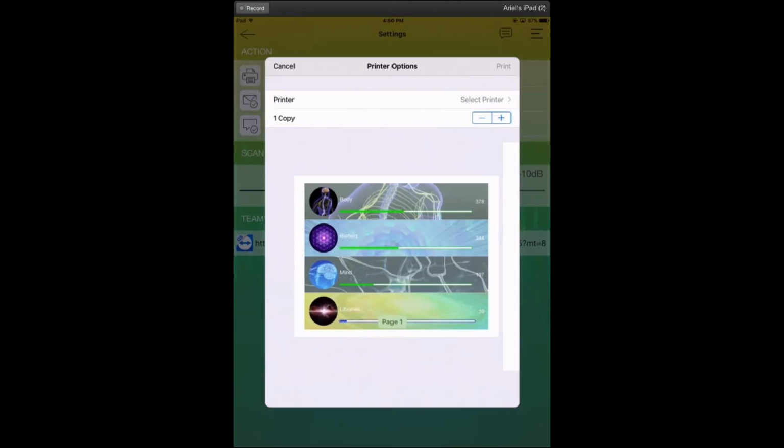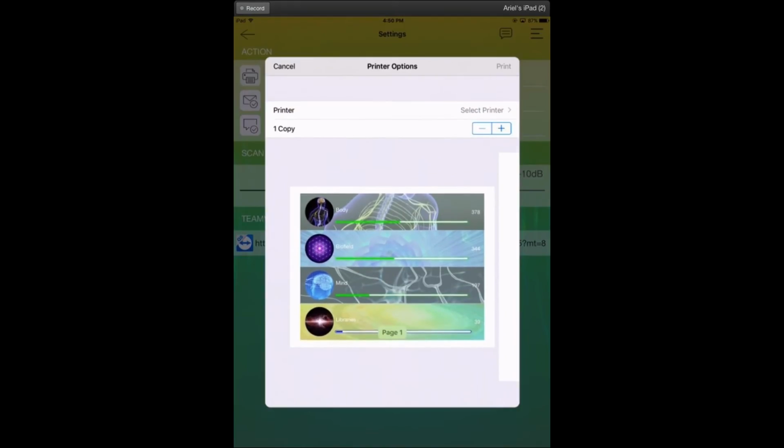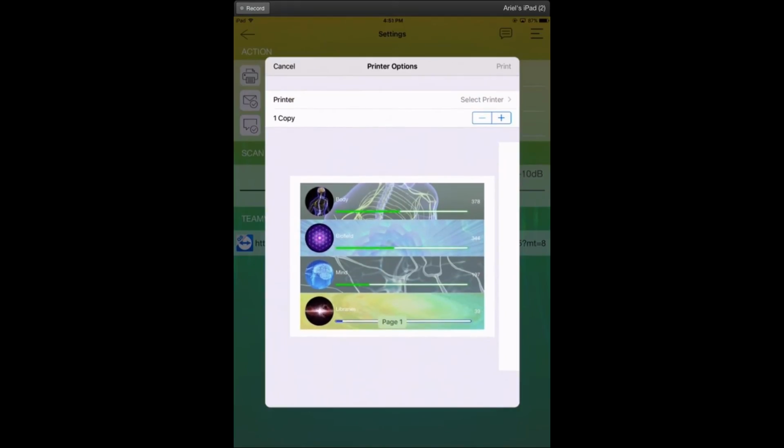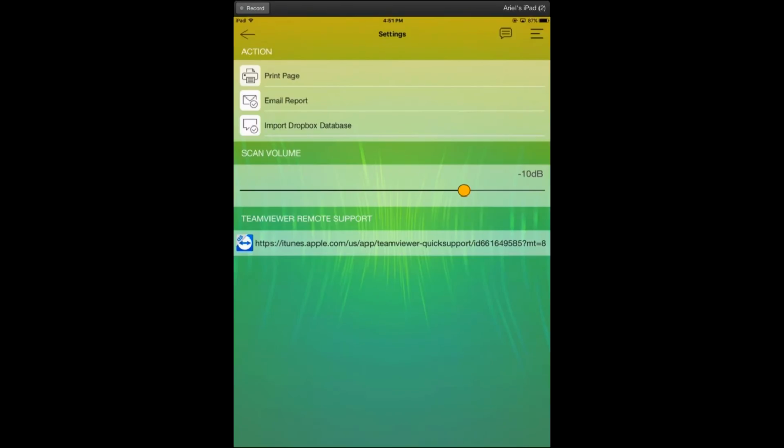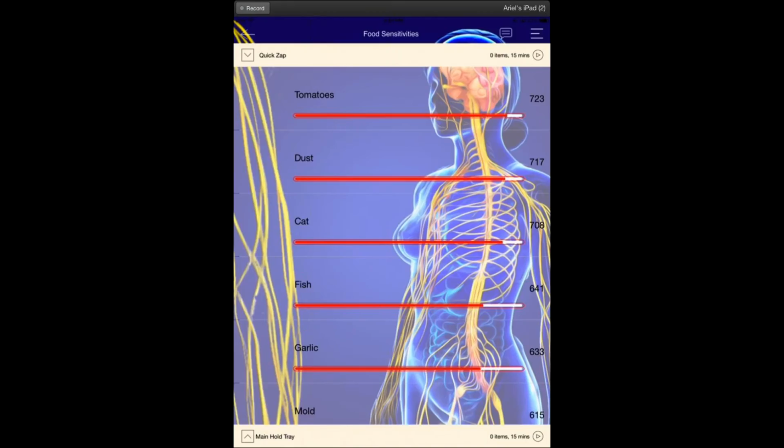Print page. I've never done this. So let's see. There's page 1. Okay, I see what you're talking about. So in the printer, it looks like maybe this isn't exactly where it needs to be. When you go to print, it is only selecting the first system overview. So I definitely see your point. For right now, Susan, go ahead and use the email report instead of the print report, and let's find out from Ryan what's going on with the print report. Let me just make a note of that here.